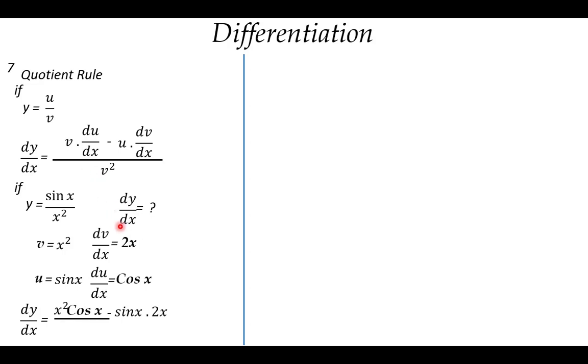all over v squared, and we said that v is x squared, so all over x squared raised to power 2, that's x squared, bracket, squared. Excuse me please. Okay, so from that, let us simplify the equation. dy/dx is going to be equal to, I can see from here that x is common and can be factored out in the numerator. x is common, so